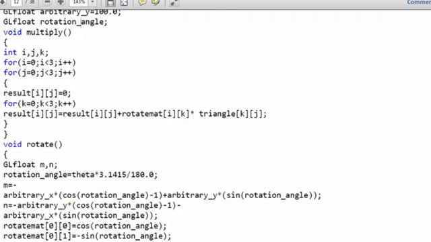We are going to accept two for loops, that is i and j, because we have two matrices and we have to multiply them.